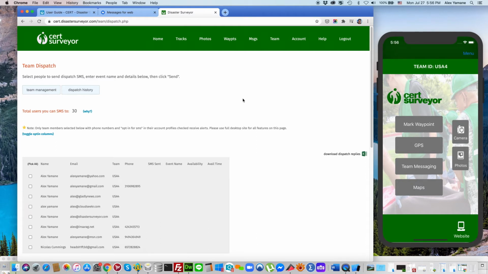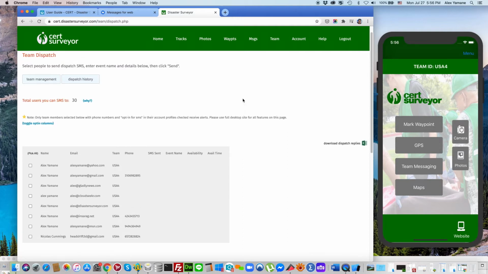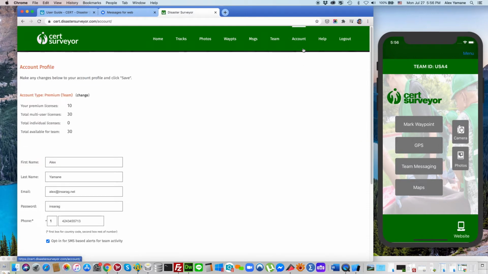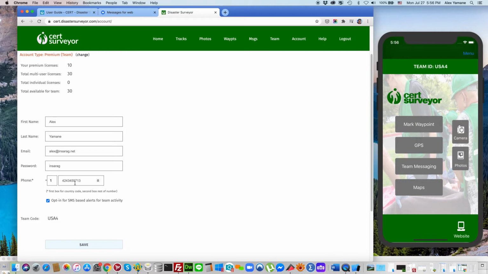with it through SMS. So we have here a list of your team members, and before an SMS dispatch can be sent out, we need to make sure that your users have a phone number and have opted in to receive SMS alerts from Disaster Surveyor. You can ask them to click on the account page from the menu like so, and there is now a box for entering your phone number